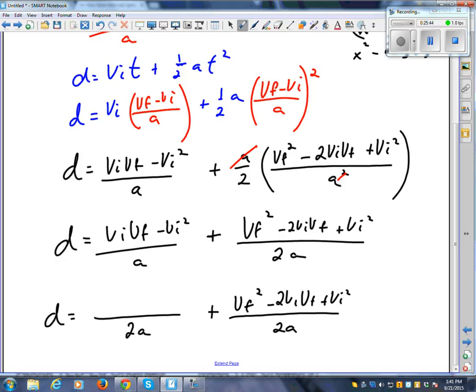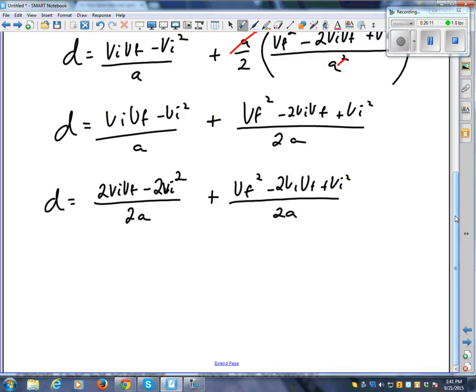I have to multiply the top by 2. I've got to multiply everything by 2. So 2 VIVF minus 2 VI squareds. Getting really close. Now what do you do? When you add that 2/4 plus 3/4, well, the whole thing is all over the quarters, so